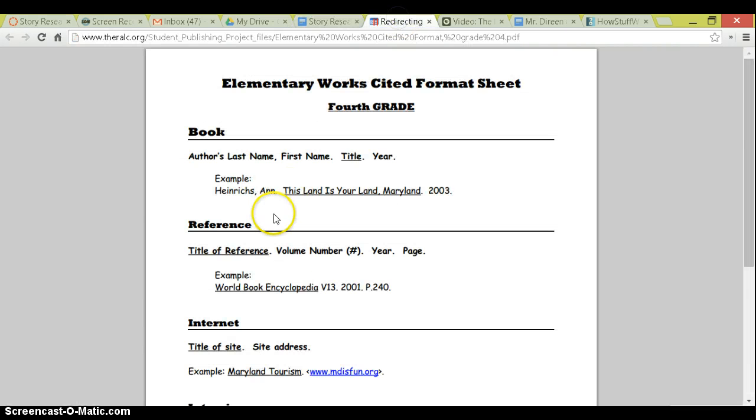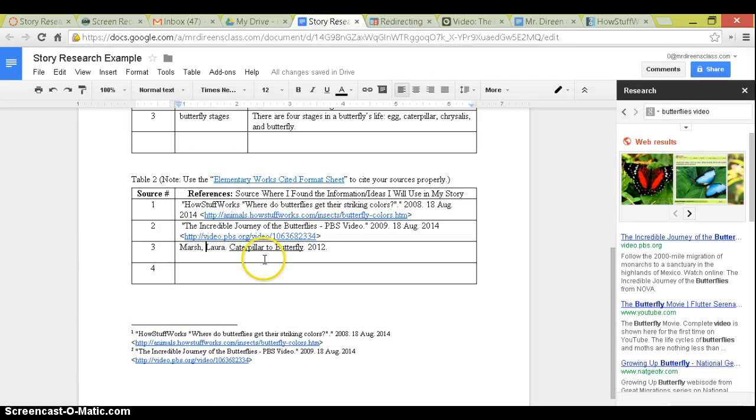And if you notice, that's exactly how it tells me to do it over here. Notice the spaces and the commas and the periods and the underline, and then this example. So I did it exactly like that. And I just look in the book for the information, the name of the author, the title, and the year. Okay. So when I go ahead and I write that information here,